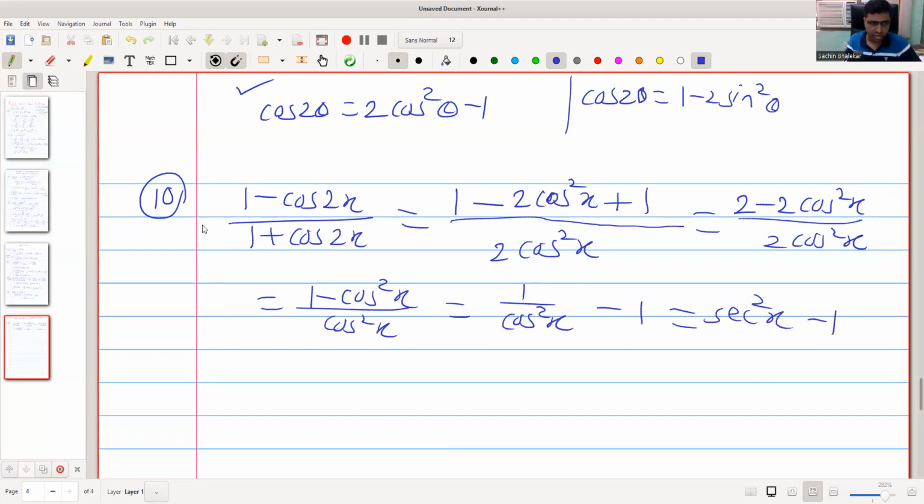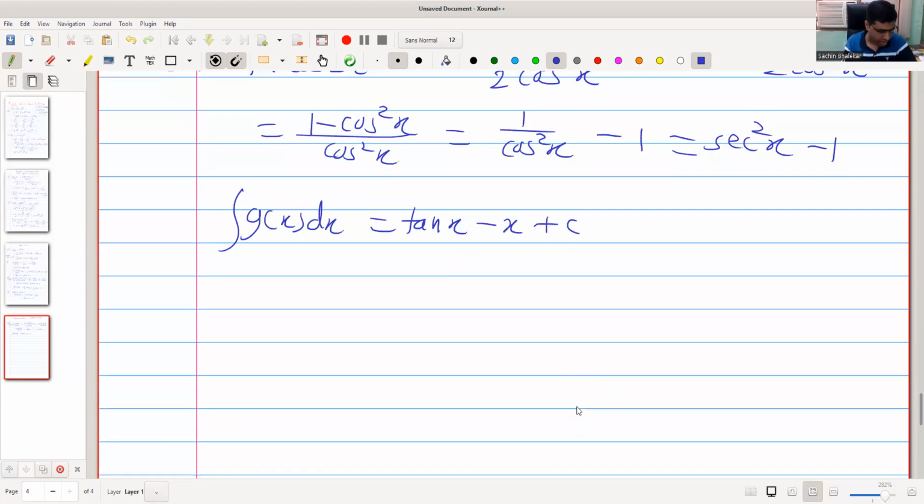Therefore, if I call this g of x, then integral g of x dx equals integral sec square x, that is again tan x, integral of minus 1, that is minus x, of course plus c. So this is the required answer. Next example